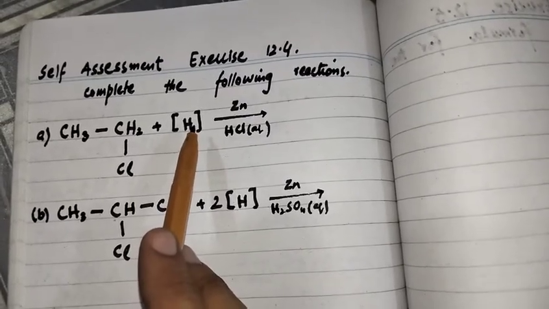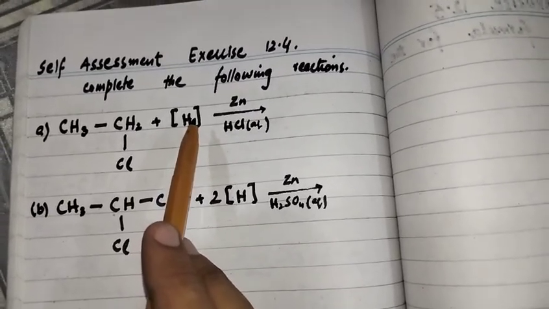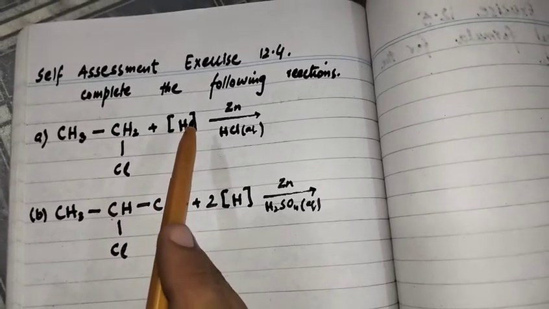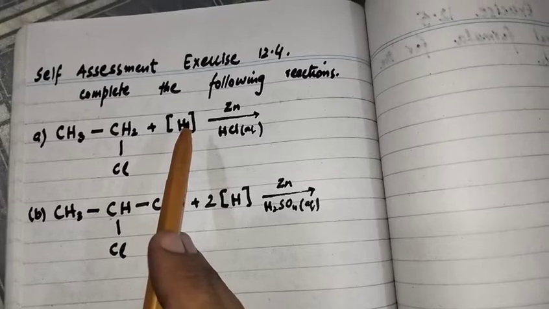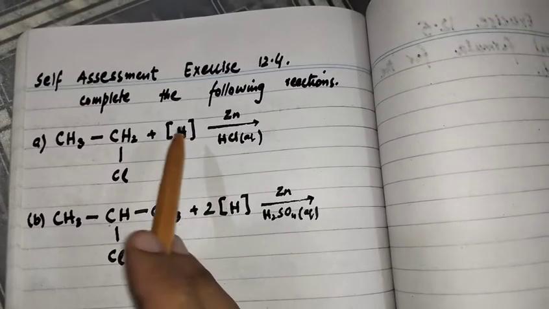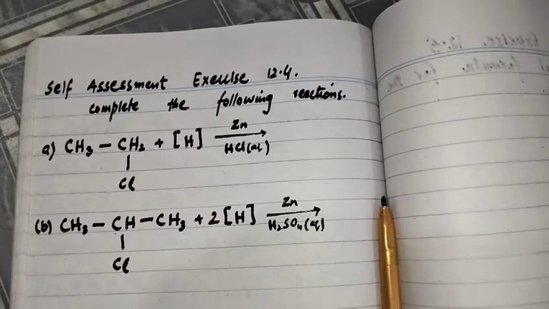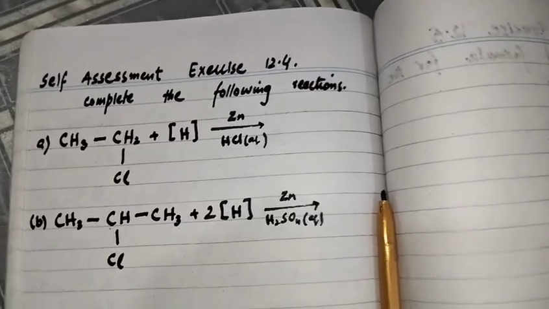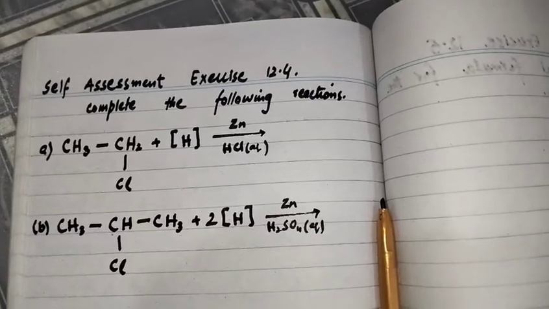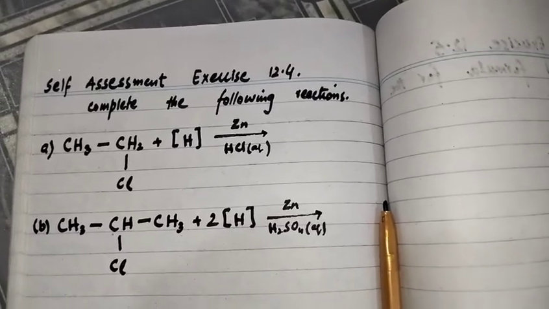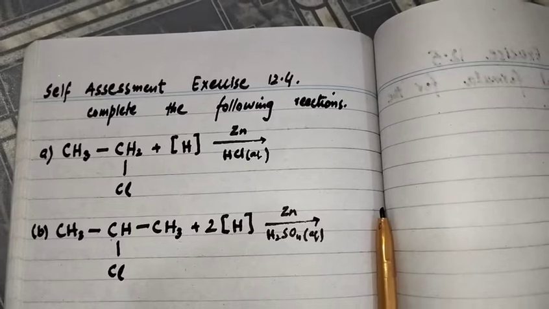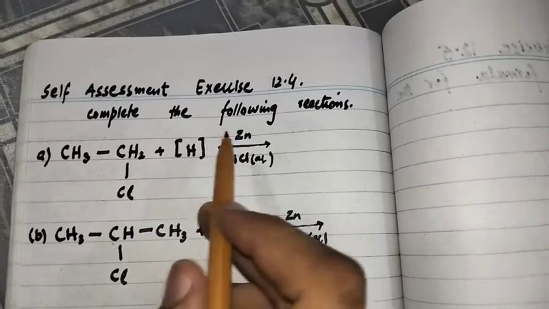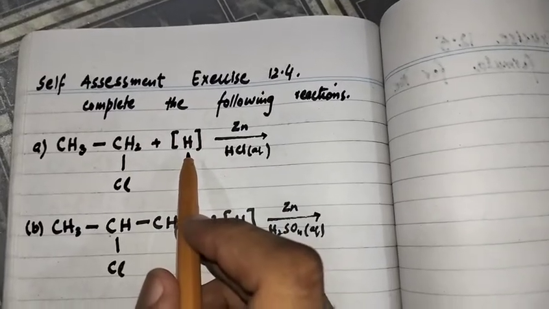It is nascent hydrogen. If you want to react nascent hydrogen, then you have to prepare it at run time, at the reaction time, because nascent hydrogen is not available. Nascent hydrogen is suddenly converted into molecular hydrogen, meaning that H reacts with another H to form the H2 molecule. So to